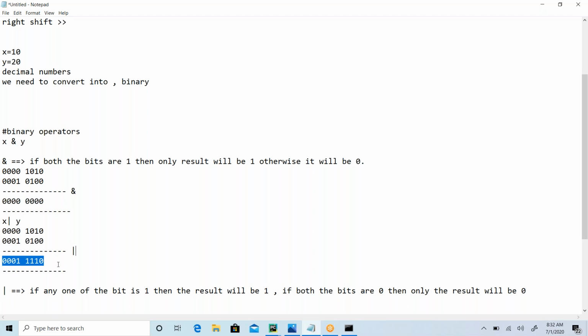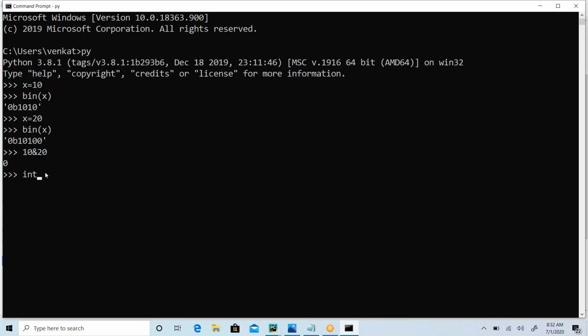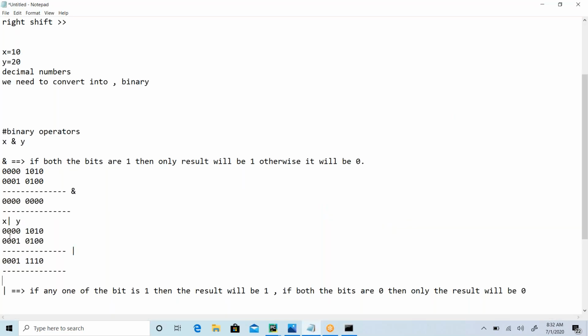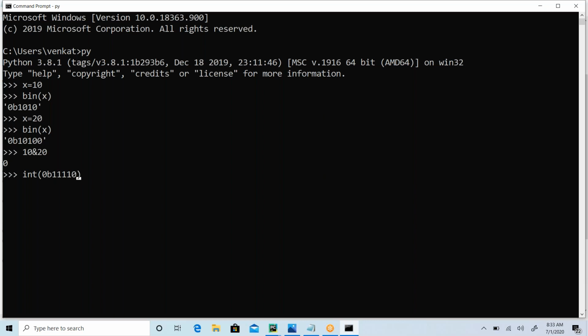You have to convert this into decimal format. If you don't know how to convert this, we have a function again to convert binary into decimal. What is the function? The int function. So we take int of, and the prefix is 0b, and what is the value of it? You can ignore these zeros because they don't have any value, so you can take the 4 ones and 0. What is the value of this, guys? 30. The value is 30 in decimal representation.